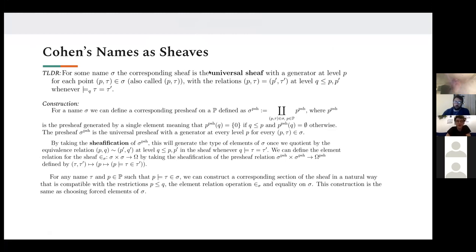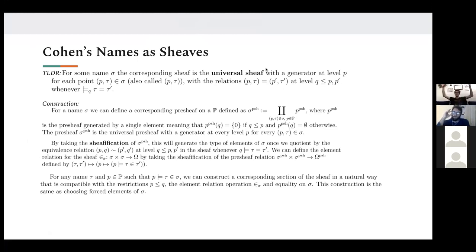So this is the sheaf construction of it, right? What I was saying before is when you think of the hierarchy of the names, how every name is defined by a name of a previous rank, then you get an ordering on them. So you have a poset, yeah? Mhm. So when you take a name, basically this is the TLDR version, to construct the sheaf,